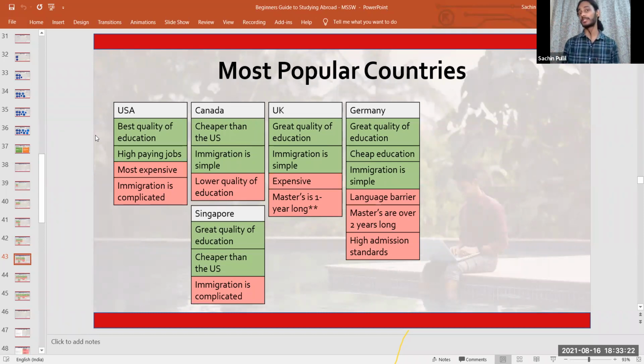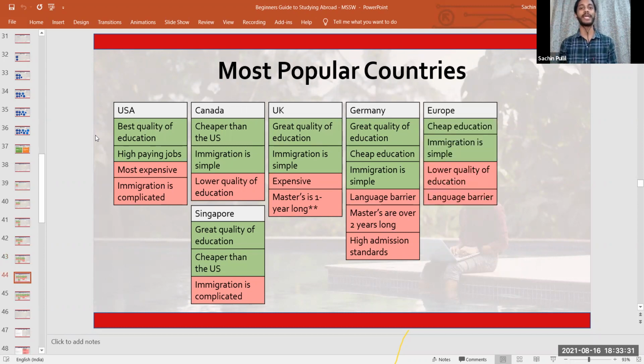They will have high admission standards. So you need to be a good student to be able to get a slot in a good university in Germany, because they do have high admission standards. Then talk about Europe. So Europe, again, cheap education compared to the rest of the world in a lot of